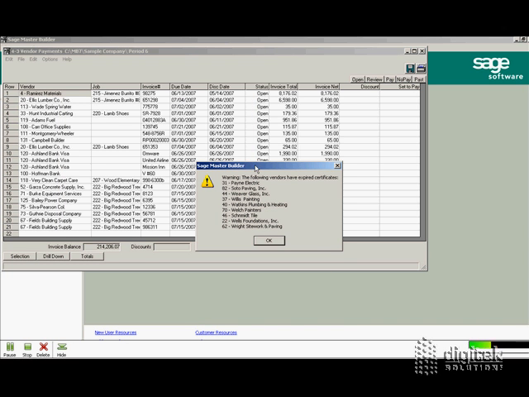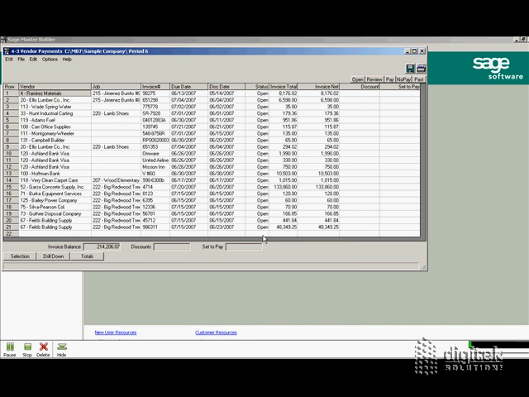When we hit OK, again, we're going to see the prompt for those warnings. We'll hit OK, and we'll have the ability to go through and see all the vendors that met the criteria that we selected. We can go in and pay the whole entire invoice or select partial payments to be made